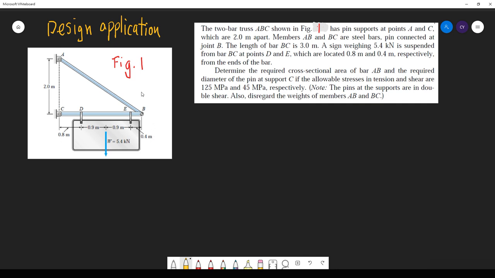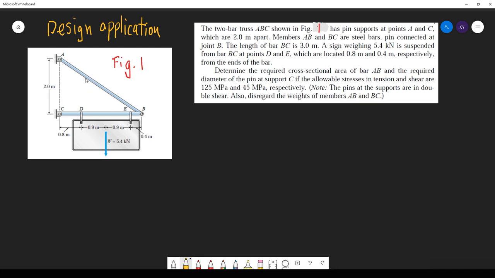It is very applicable. When you are an engineer, you will meet this kind of design. Two-bar hand plate. And then we will calculate